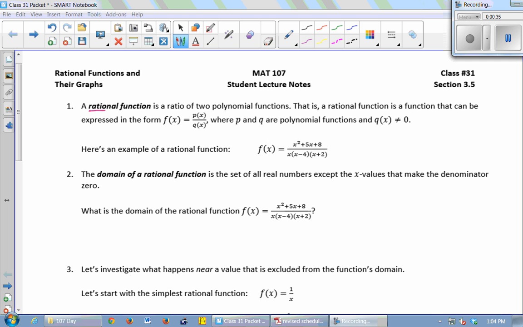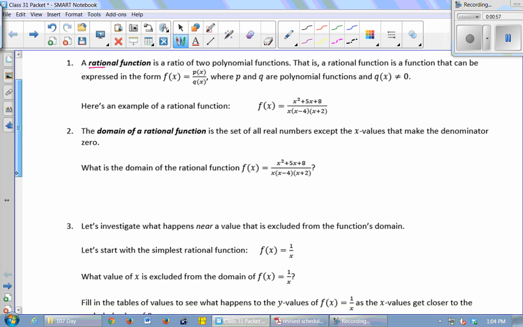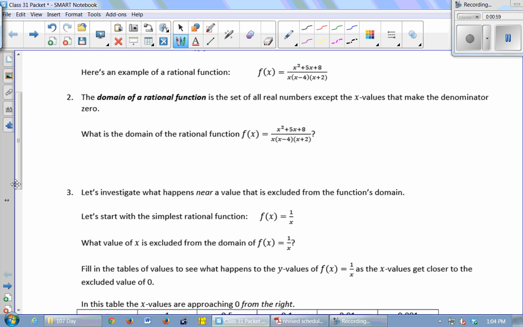So here's an example of a rational function. x squared plus 5x plus 8 over x times x minus 4 times x plus 2. So my numerator is a polynomial expressed in the standard polynomial form, and my denominator is a polynomial expressed in factored form. You can use either way of expressing it. All right, so the domain of a rational function is all real numbers, except any x values that will make